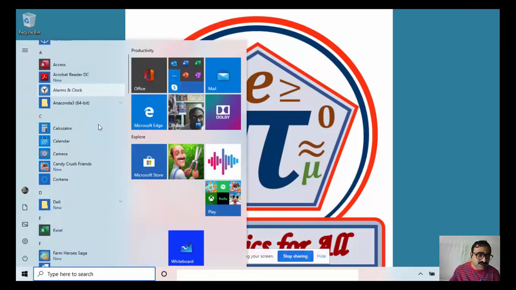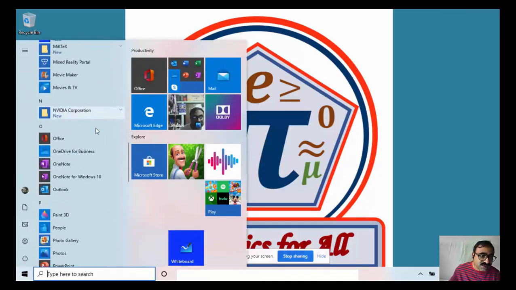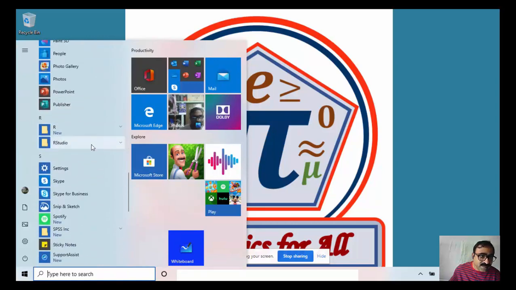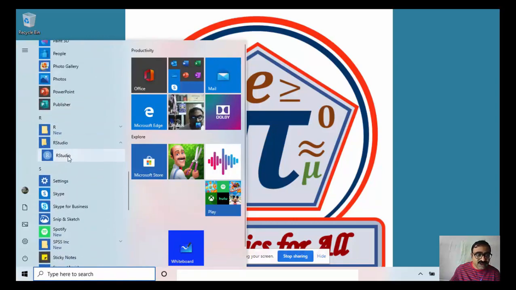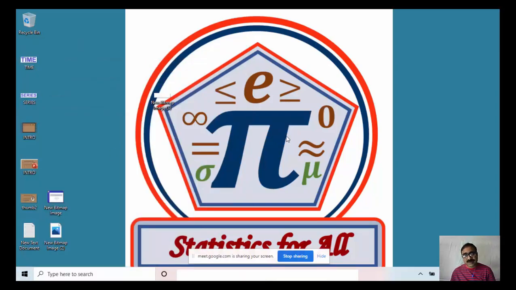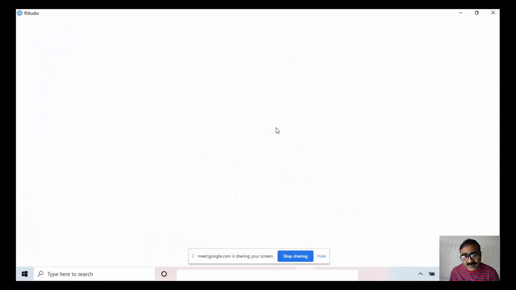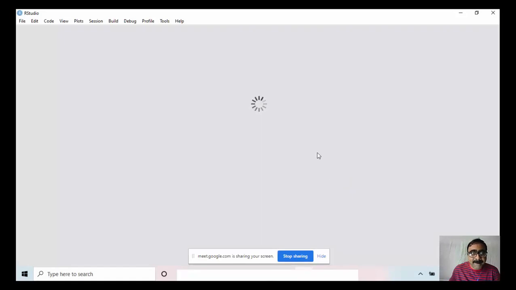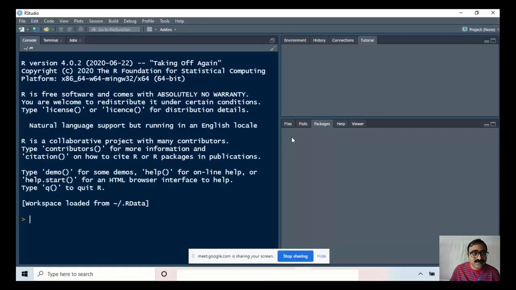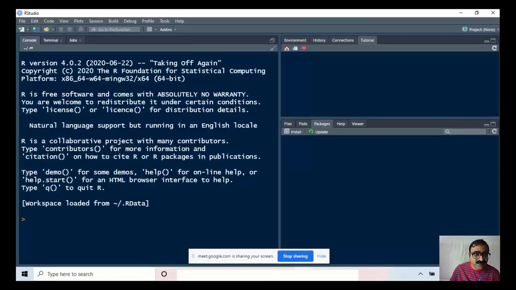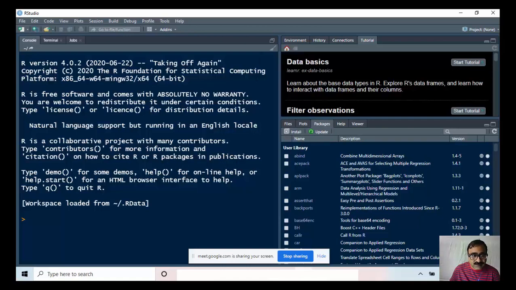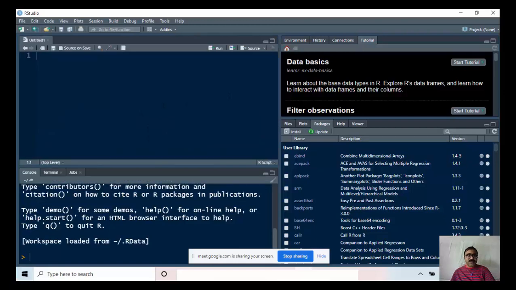Here you can go for RStudio. Just double click on it, and now RStudio will open. You can see these are four different windows.